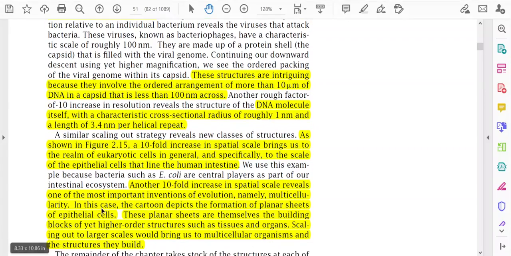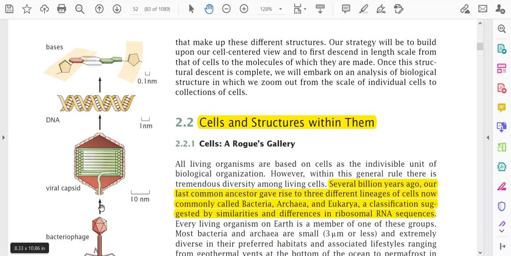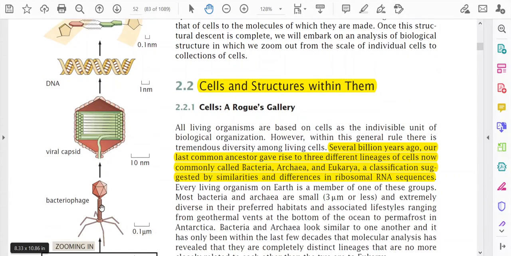You see, that is the size of the bacteriophage. The size of the bacteriophage is 0.1 micrometer, meaning 100 nanometers, and the viral capsid's size is of the order of 10 nanometers, but the length of the DNA is 10 micrometers. You see, the length of the DNA, 10 micrometers, is much more than the size of the bacteriophage. But this viral genome is closely packed